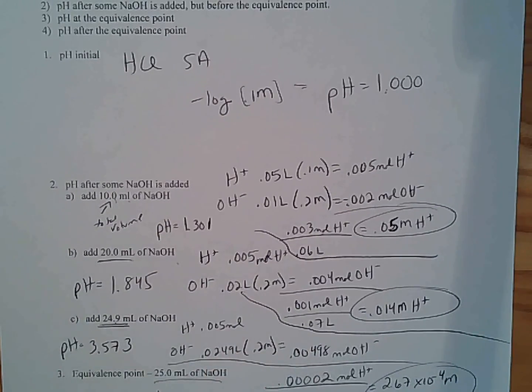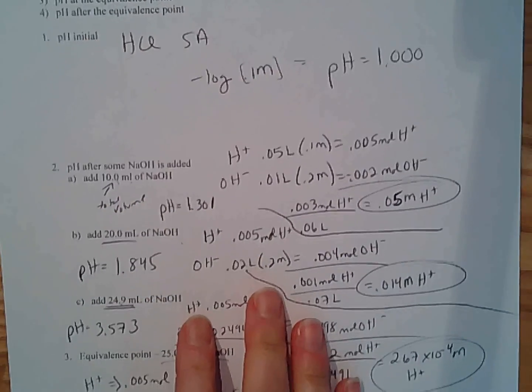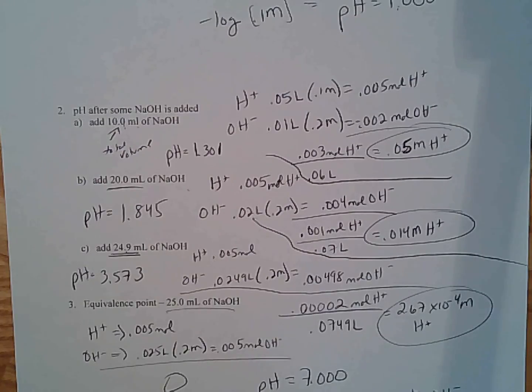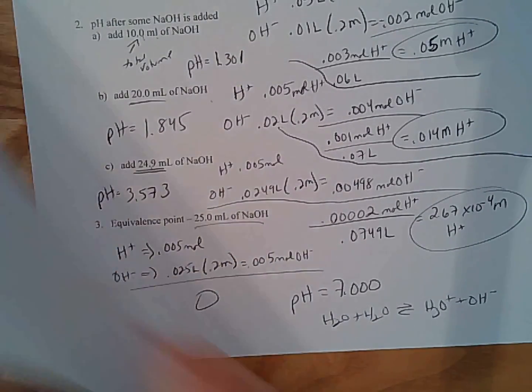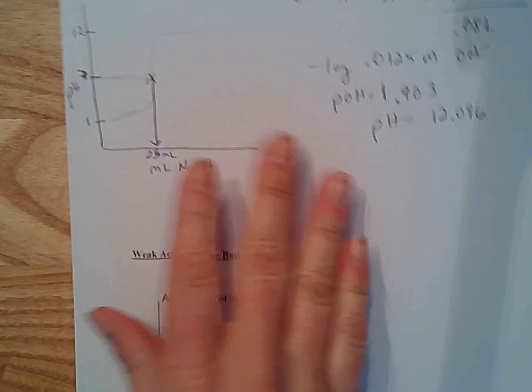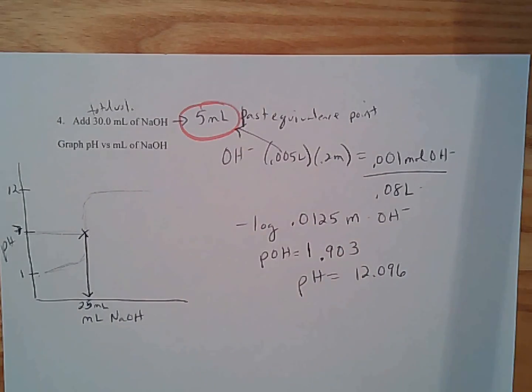So there's going to be 4 things I ask you to do. Find the initial pH from the strong, find the pH after NaOH has been added, find the pH at the equivalence point, and where we finished up was where we are past the equivalence point, we've added some more base